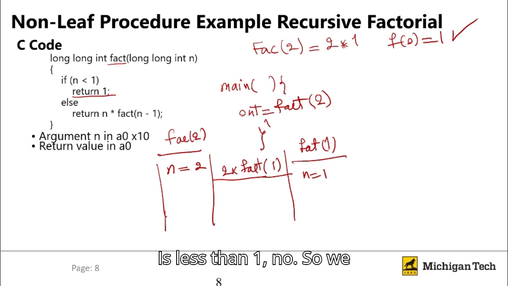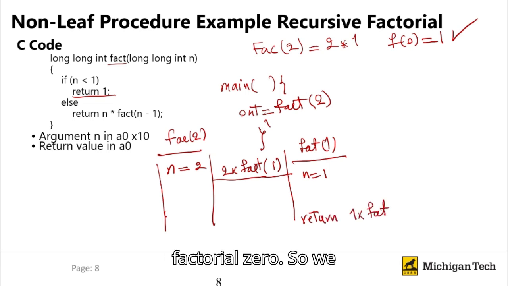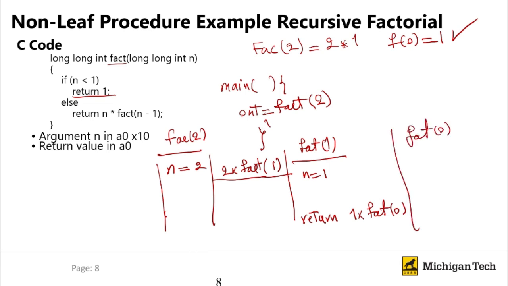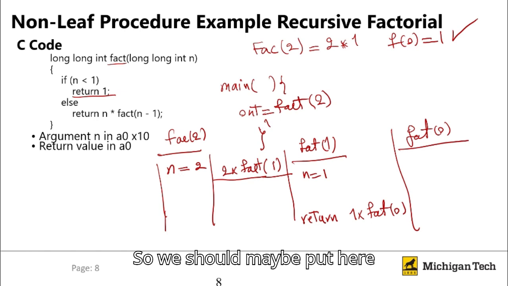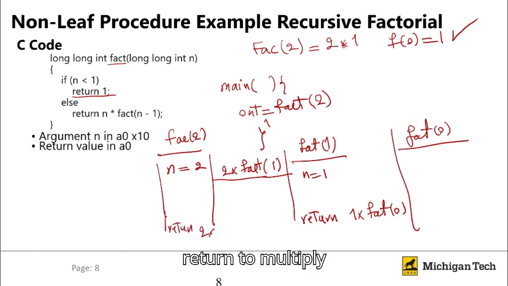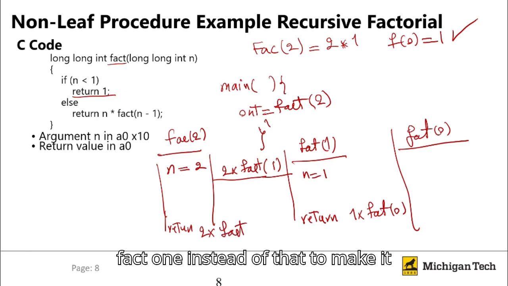Is n less than 1? No. So we return 1 multiply factorial 0. So we call factorial 0. We should maybe put here return 2 multiply fact 1 instead of that to make it more